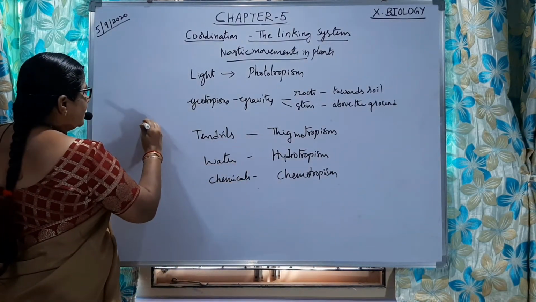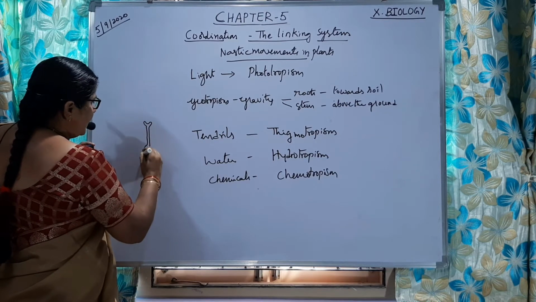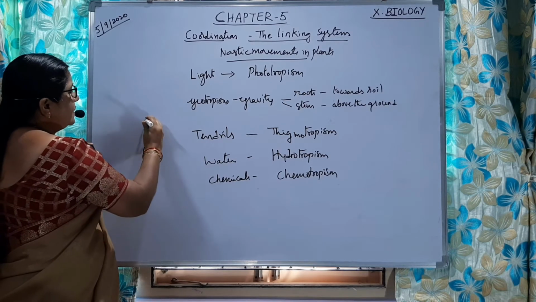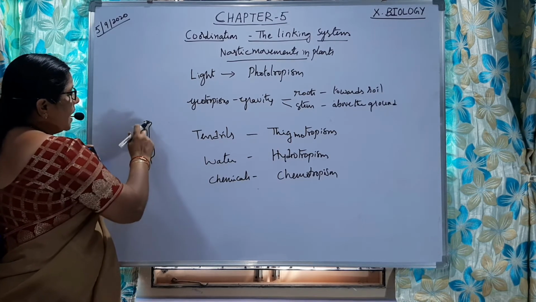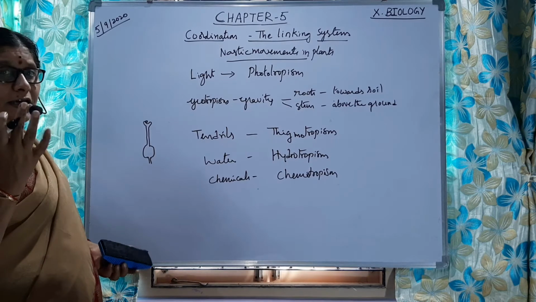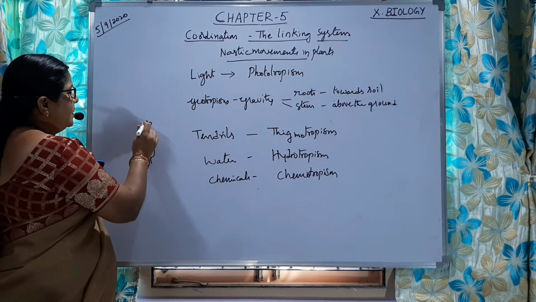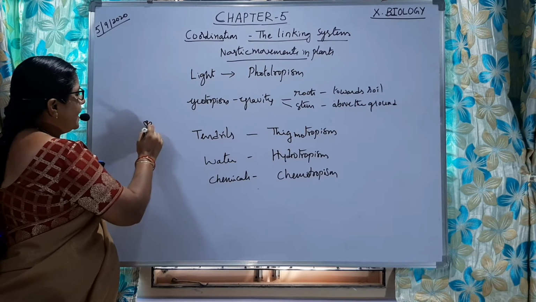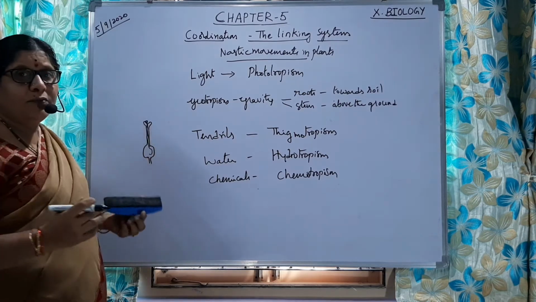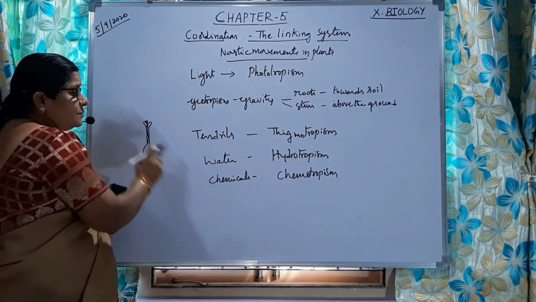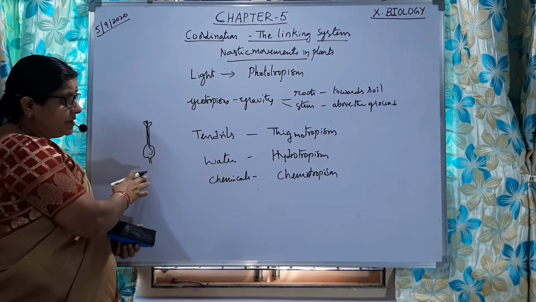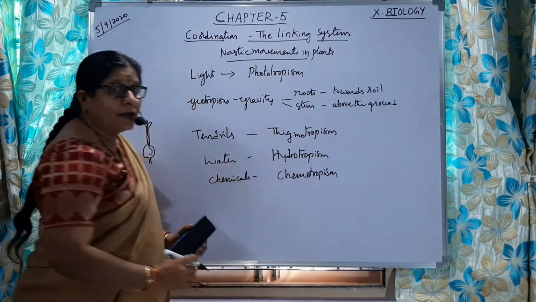You know the flower has a female reproductive part: stigma, style, ovary, and the pollen grain will fall on the stigma. How does it happen? The stigma secretes a chemical that is sticky in nature, which attracts the pollen grain. The pollen grain develops the tube, and the male nuclei present reach the carpel or ovary where fertilization happens. That is because of chemicals. So chemicals are the stimulus where the process of fertilization happens in plants. That we call chemotropism.